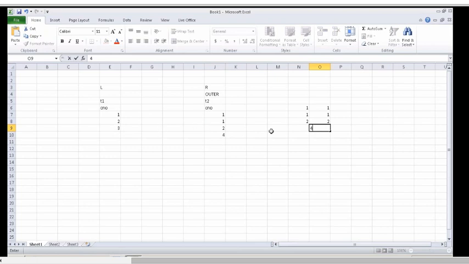Now when I say full outer, what does it mean? Both outer. When I say full outer, common values plus unmatched values from the left operand, and also the unmatched values from the right operand would come. That is full outer.